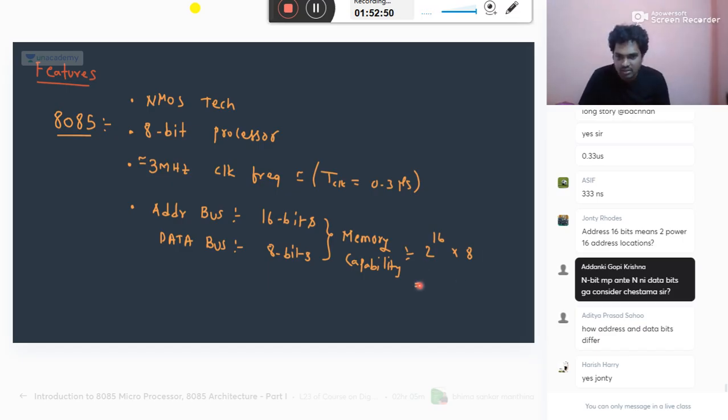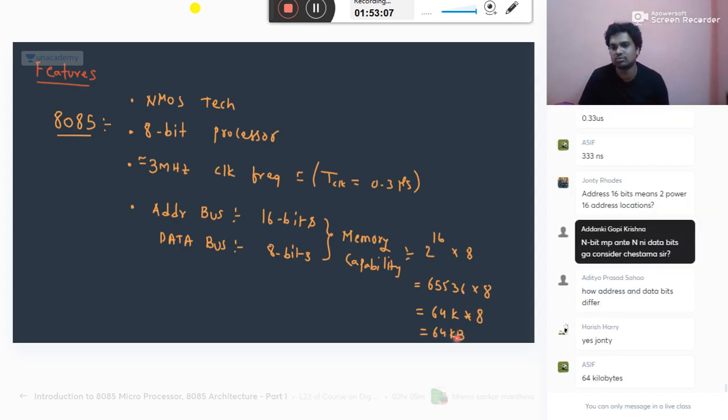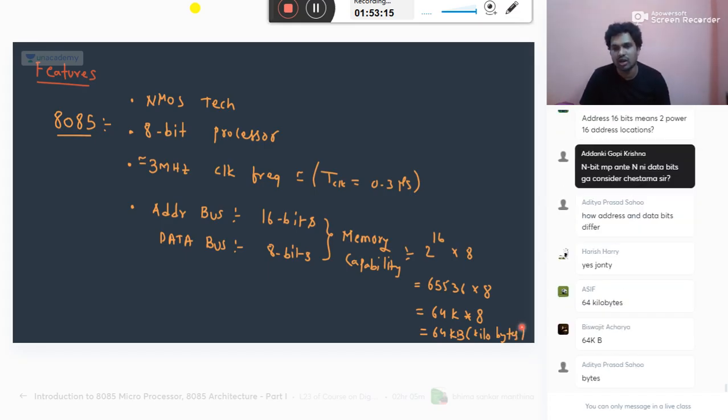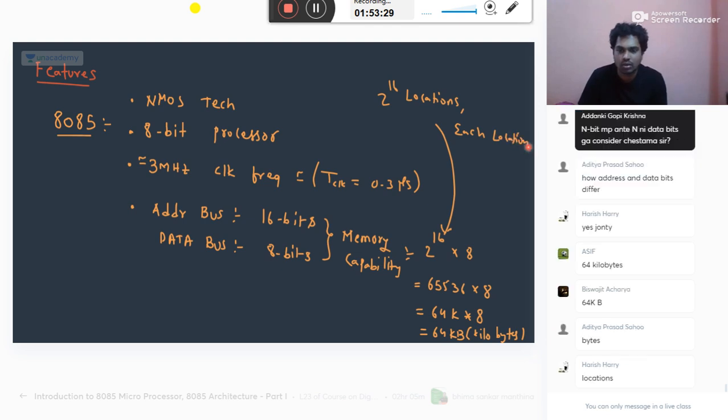It has 65536 into 8. I will come to your point. 64K into 8. That is 64 KB. What is the meaning of KB? Kilobytes. Now, what is the meaning of this? It has 2 power 16 locations. Each location has 8 bits of